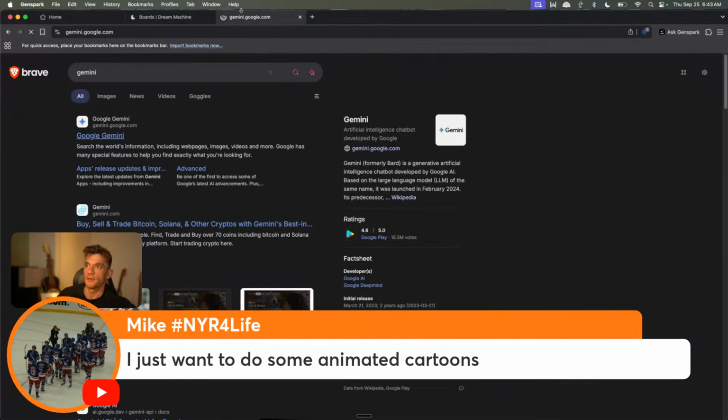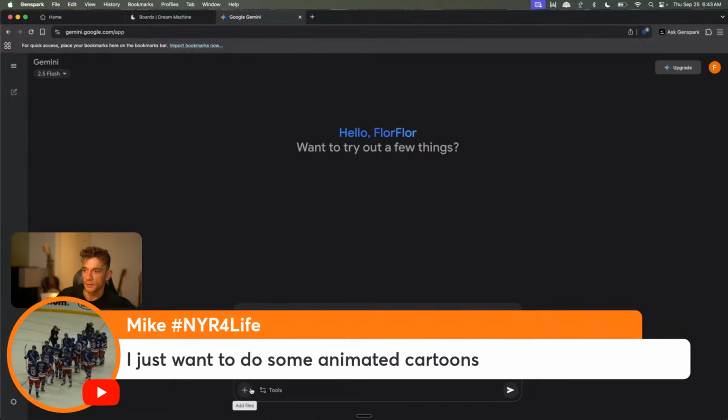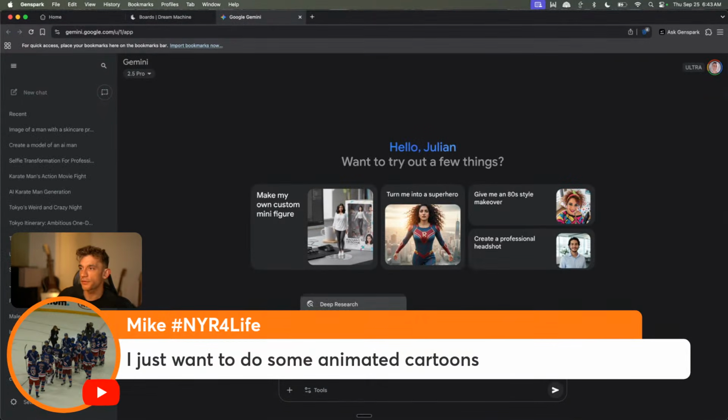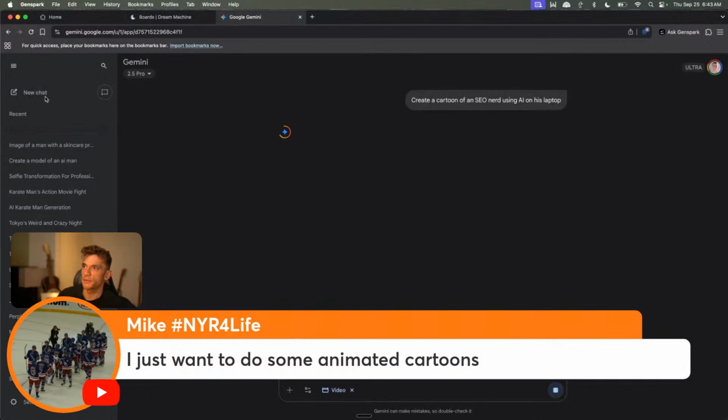So if you go to Google Gemini, for example, and you say, okay, create a cartoon of an SEO nerd using AI on his laptop, and then you go to tools, and we're just going to switch this to this account. Make sure you're on the AI Pro, and then select create videos with Veo 3. Right? And then you should be able to create cartoons using something like Gemini.